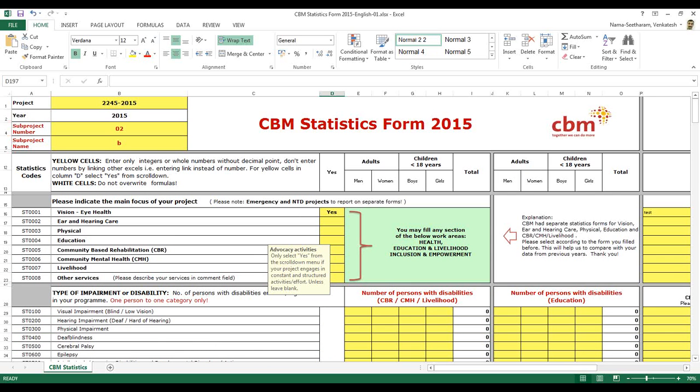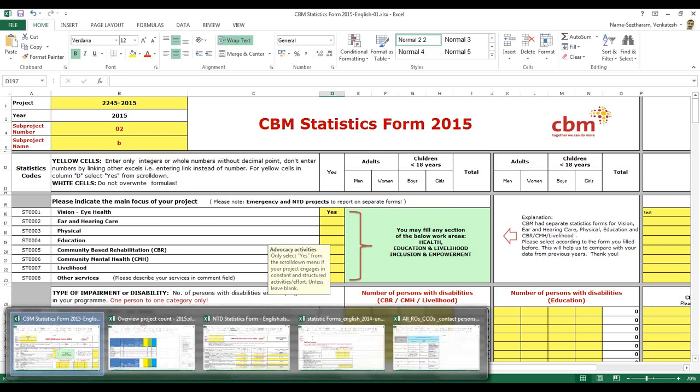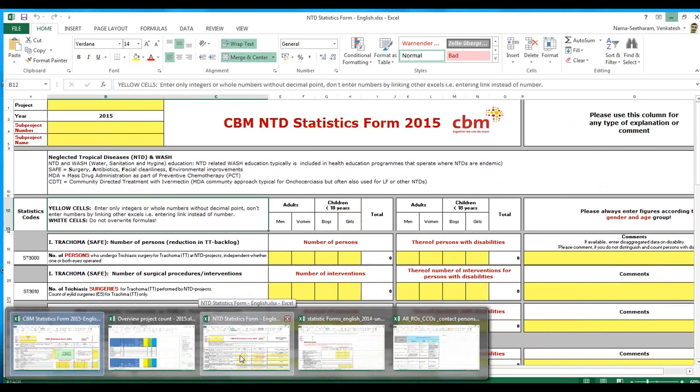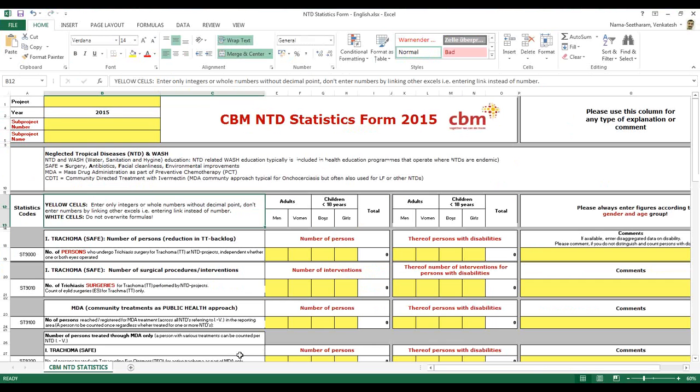If there are no other questions, then I would just go to the entity form. Hope now you can see the entity form.